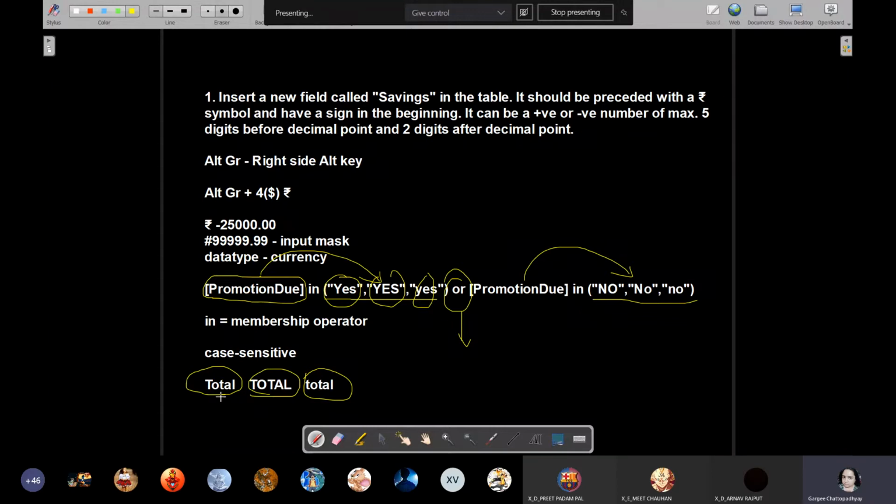The first one is capital case or title case. Second one is upper case. Third one is lower case. Understood? So all 3 will be considered as 3 different identifiers. Similarly, here if you only write promotion due equal to yes, that is, if you only write it in this way,